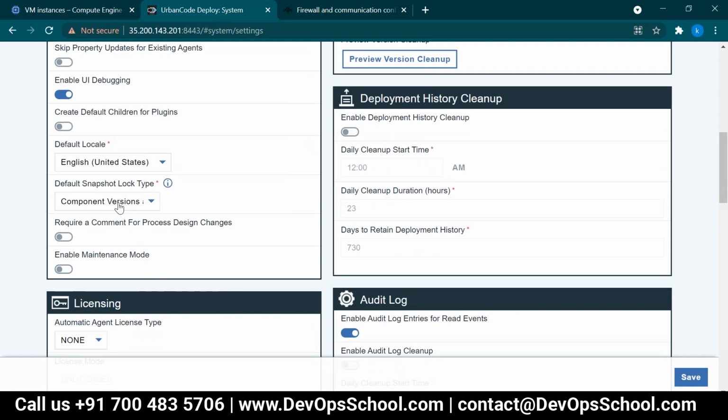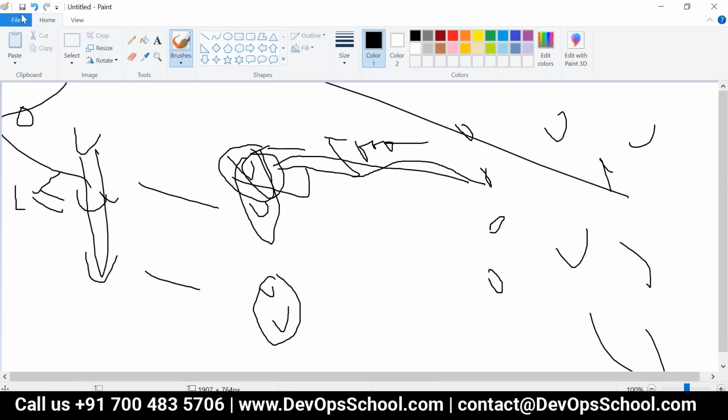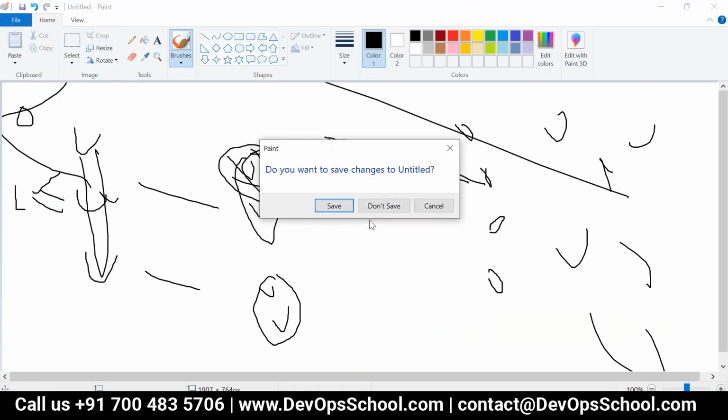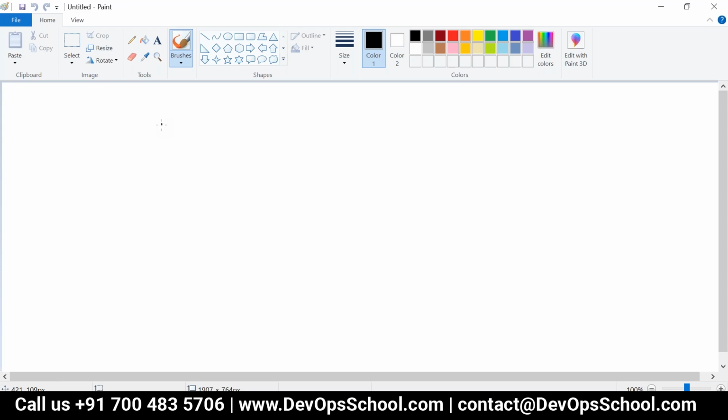So default snapshot log, if you want to log the snapshot. You know the meaning of snapshot, right? Is that just to take a backup? No. You have version 1, version 2, version 3 in a component.